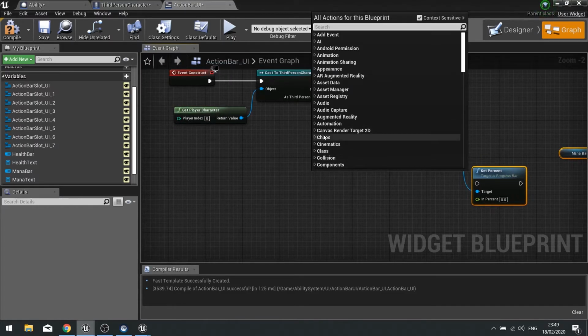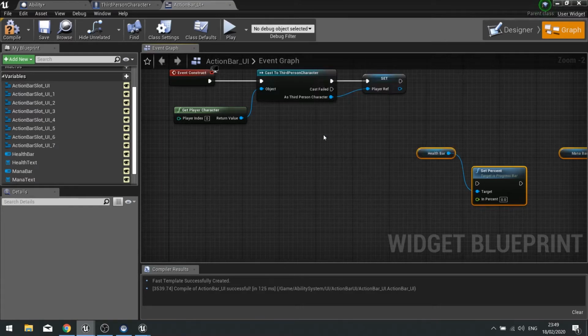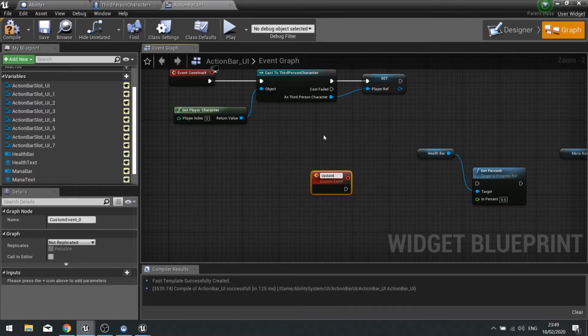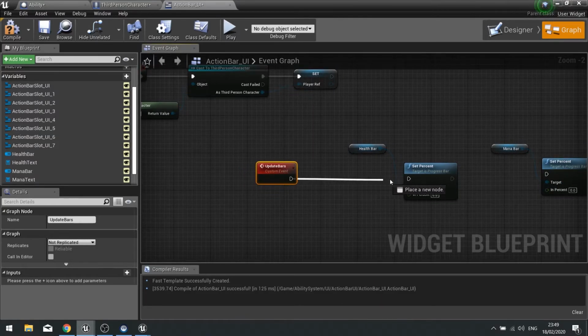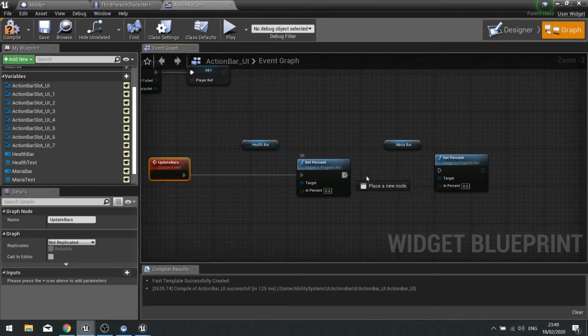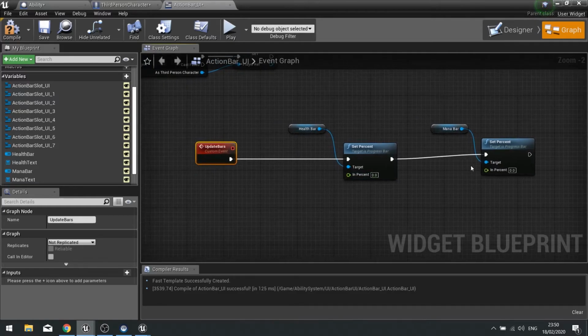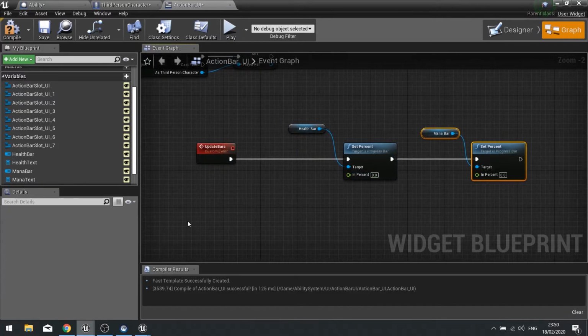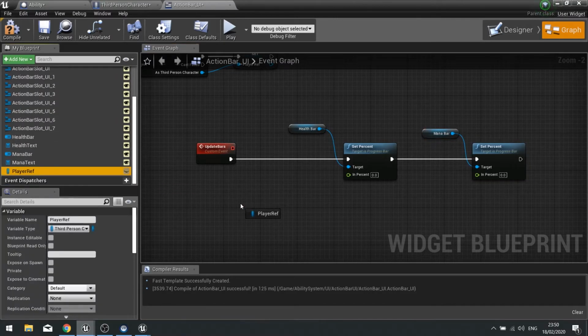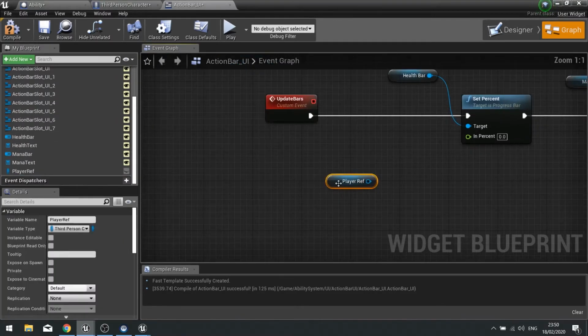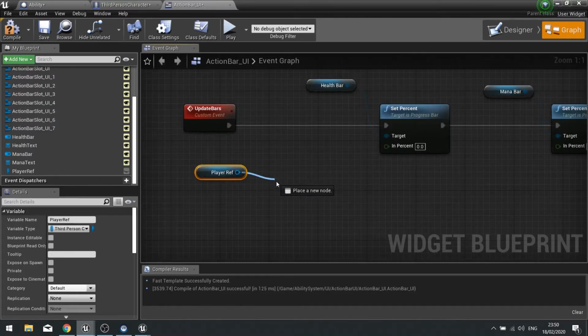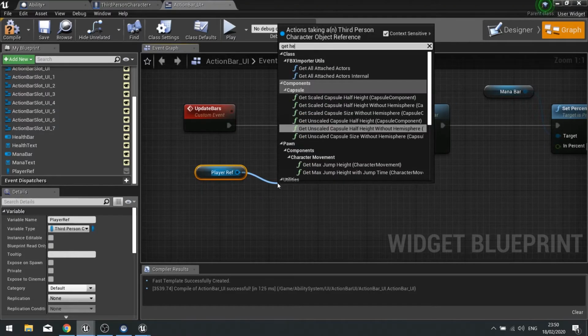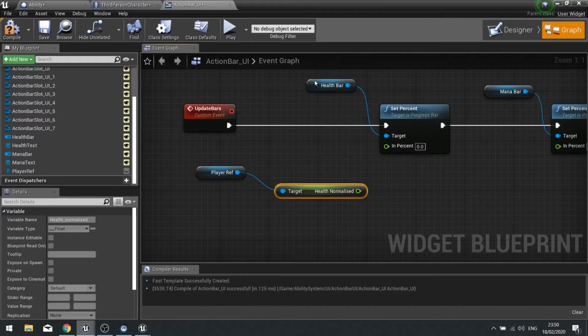So I'm going to make a custom event and call it update bars. And update bars is going to feed into this one and then this one. The value is going to come from the player reference. So drag your player reference variable out and choose get. And we're going to get health normalized.